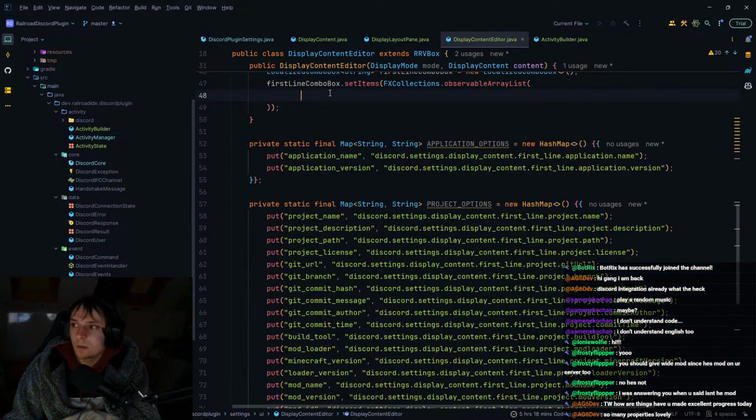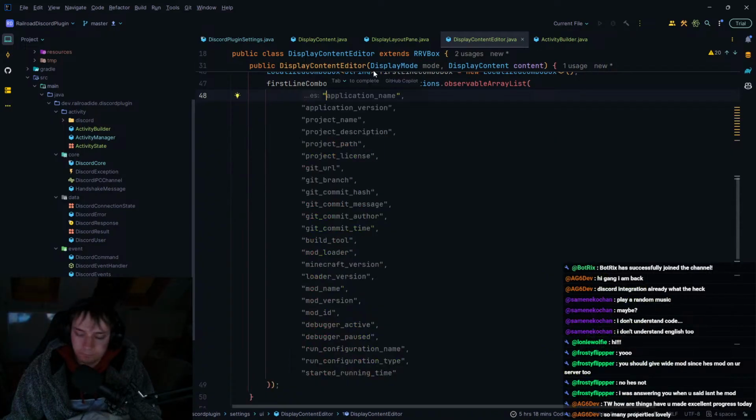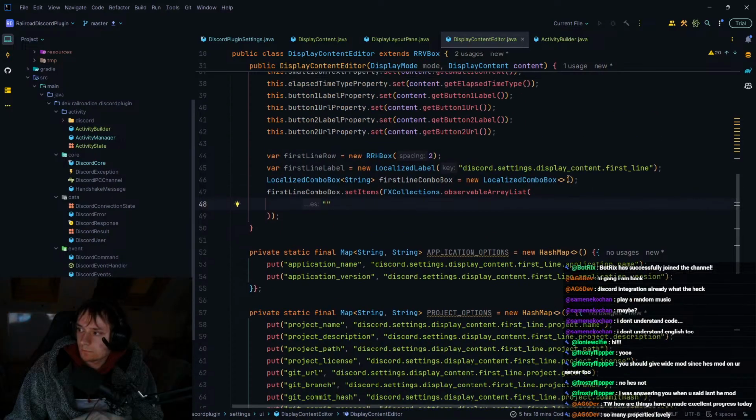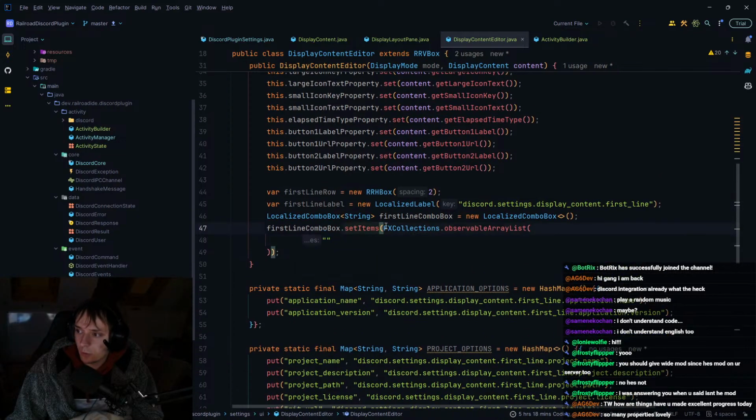So for example, the first line you might have the project's name, maybe. Well, actually, no, because this is what would depend, I suppose, on